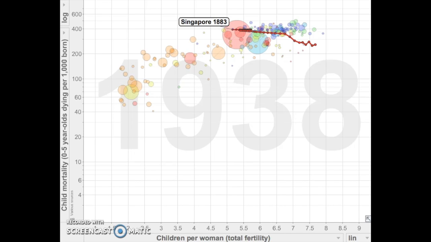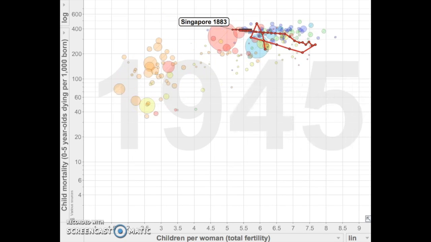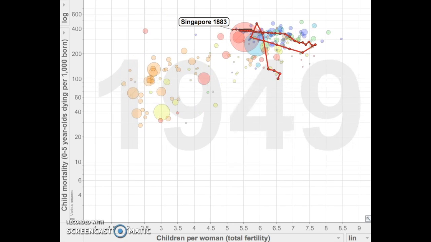In response to Japanese aggression in 1923, the British built a large naval base in Singapore, leading Japan to take control of Malaya and Singapore in 1941. Sadly, this aggression lowered the birth rate significantly and mortality rates suddenly spiked. After the war ended, Singapore was left in ruins with a high death rate.